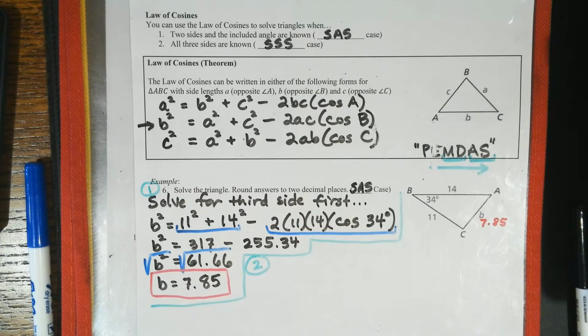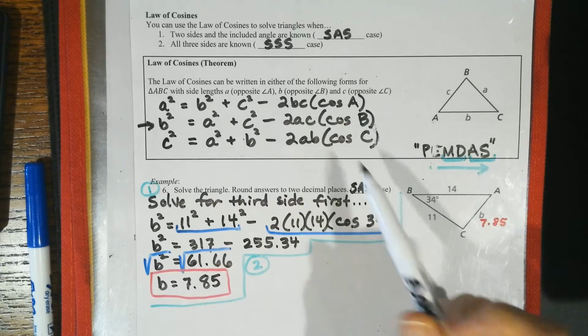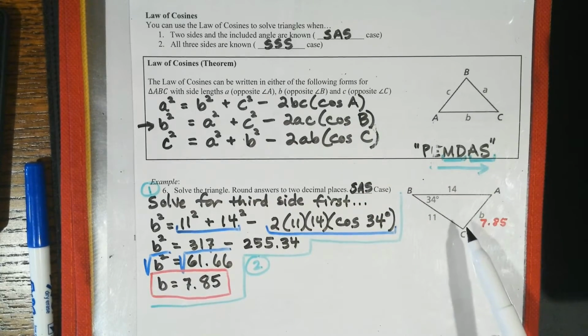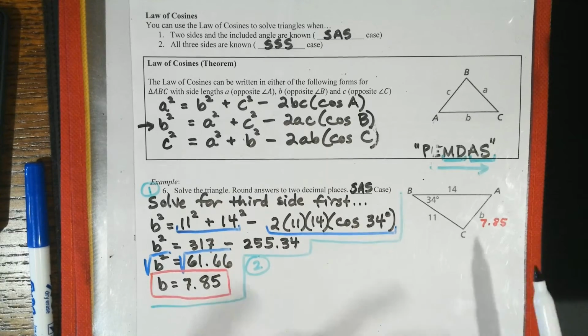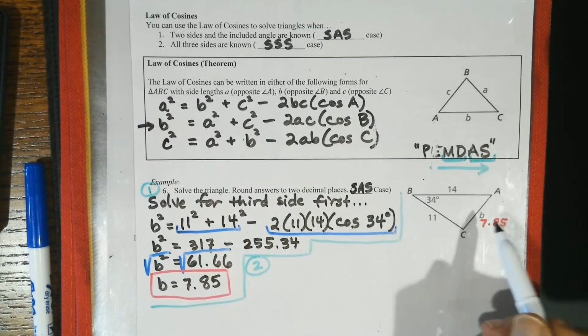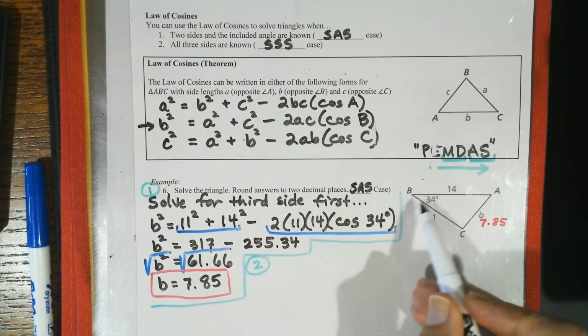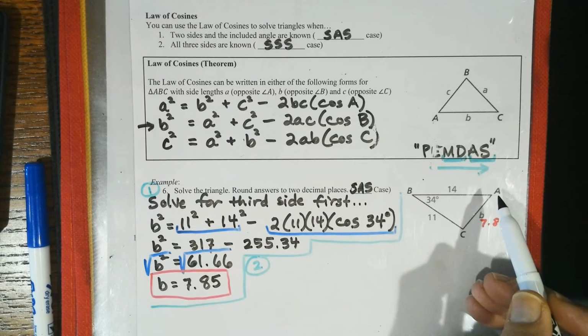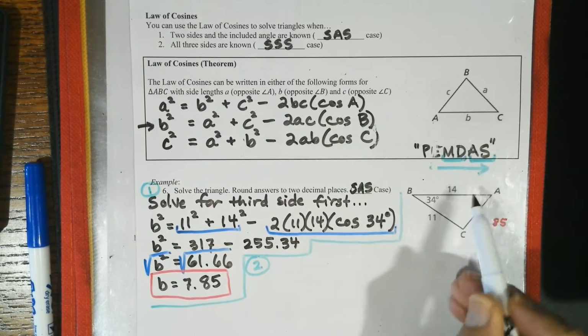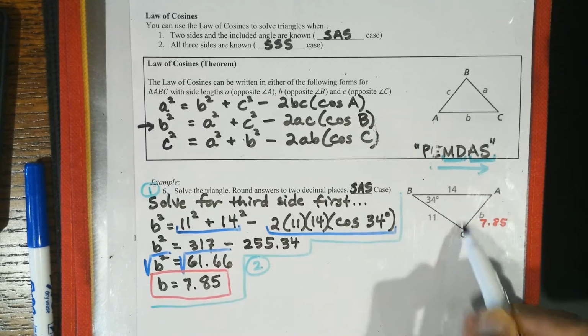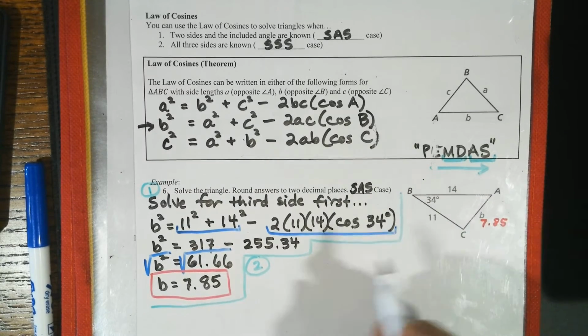I could use this to solve for one of the other angles, but really the law of sines is much easier here. So to find angle A or angle C, which you can do either, I'm going to use the law of sines because it's simpler than all this calculation. So let's see, I now have B and I have B. I guess I'll look for, maybe I'll do C because I have 14 there. So in case I made a mistake on this, at least I'll get C. So I'm going to do